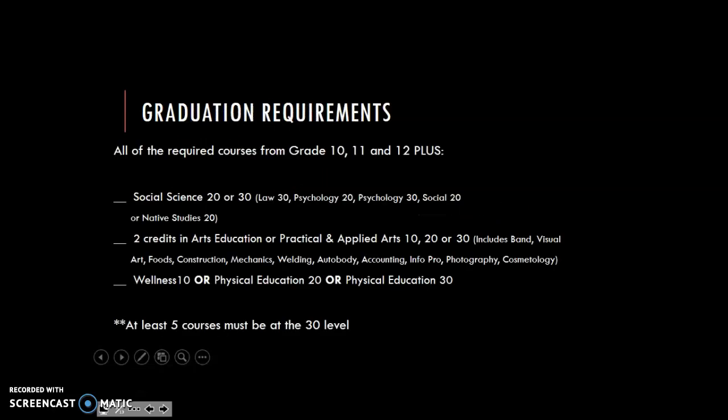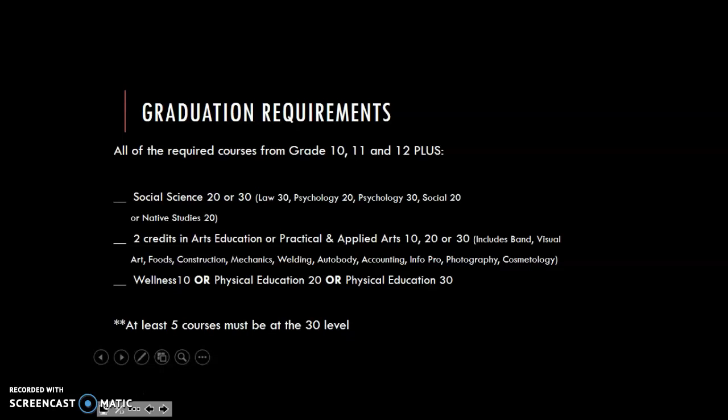Now, aside from those grade 10, 11, and 12 courses that students have to take, there are also other courses needed for graduation. So students need to take a social science at the 20 or 30 level. Now, a social science is considered to be law 30, psychology 20, psychology 30, social studies 20, history 20, or native studies 20. So every student needs to have one of those courses in order to graduate, and we call